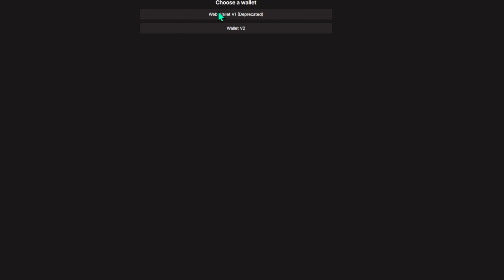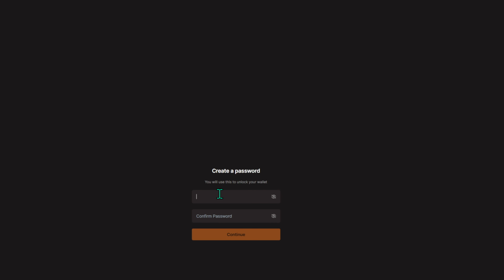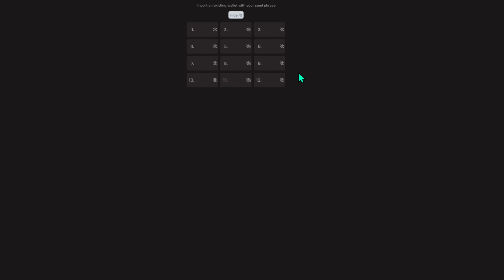You can restore from your V2, which is 24 words, that's for the new wallet, or the previous wallet, which is step 1, V1, the old version. You just need to have your seed phrase. So as soon as you put your seed phrase, you go to the next step where you need to recover all of your wallets associated with that